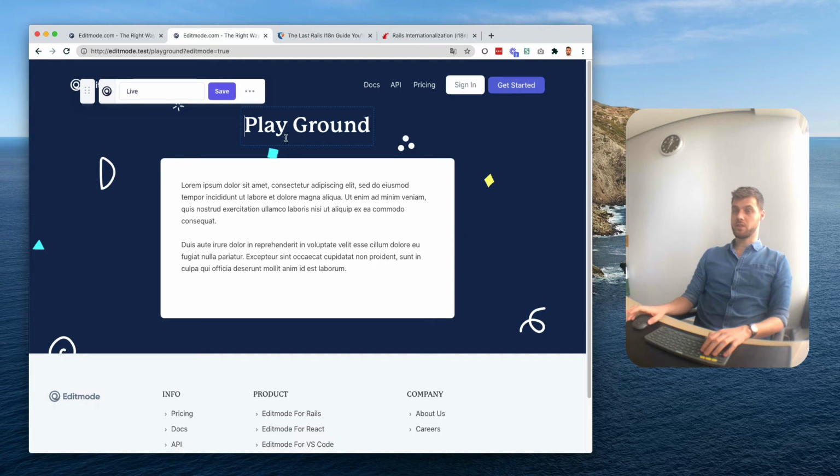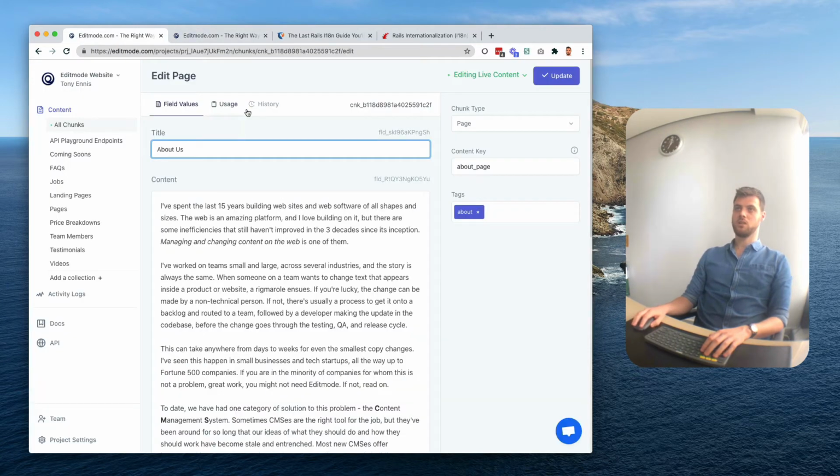That's how it works for a single piece of text, but if I want to put a little bit more structure to my text, I can use what are called collections. A collection in Editmode is very similar to a single chunk. The only difference is it's got fields. So rather than having a single chunk identifier now, you have the chunk identifier, but you also have the field